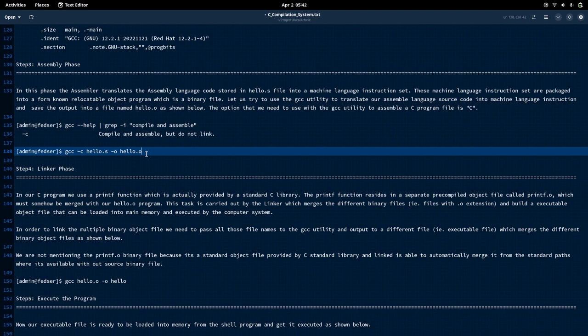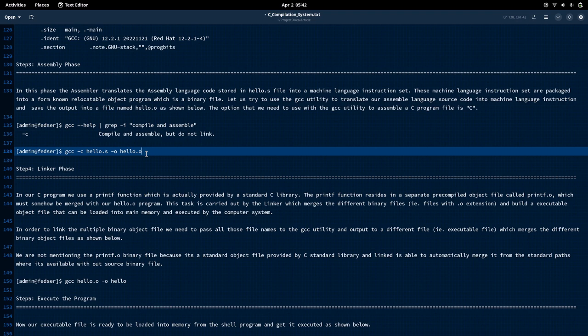As I mentioned initially in my video, we have included one header file, that is #include stdio.h. That stdio.h contains only the declaration of the printf function that we are going to utilize, but the actual definition of that printf function is written in a different file, that is stdio.c.